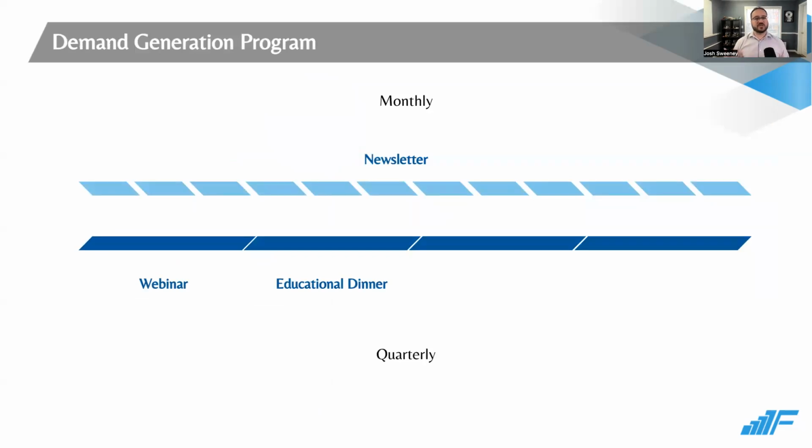Now, earlier I shared that this webinar was part of a demand generation program, our demand generation program. I also layered in the dinner example. With those two offers, I now have this quarterly engagement. So you see down here is our quarterly rhythm, and we build out quarterly rhythms for a demand generation program. Now, the frequency and rhythm that you see here of the monthly and quarterly, and the volume of this all depends on budget, size of audience, and a lot of other factors.